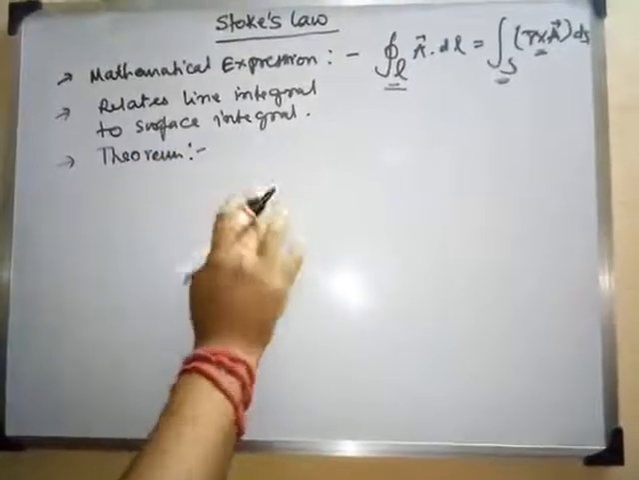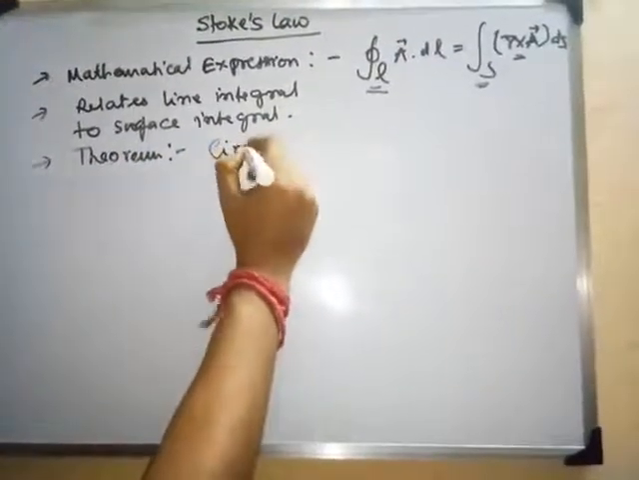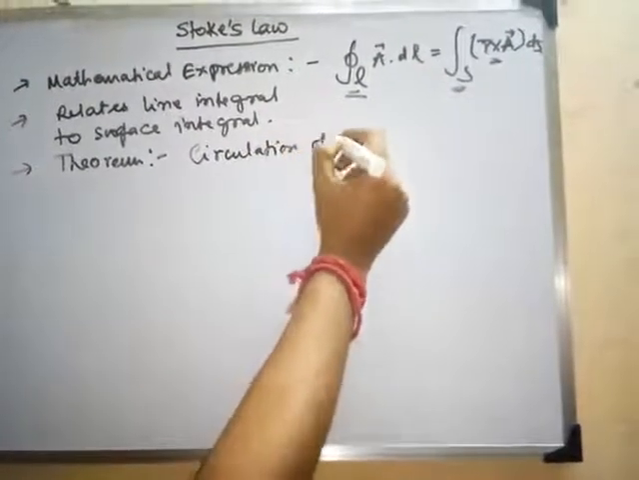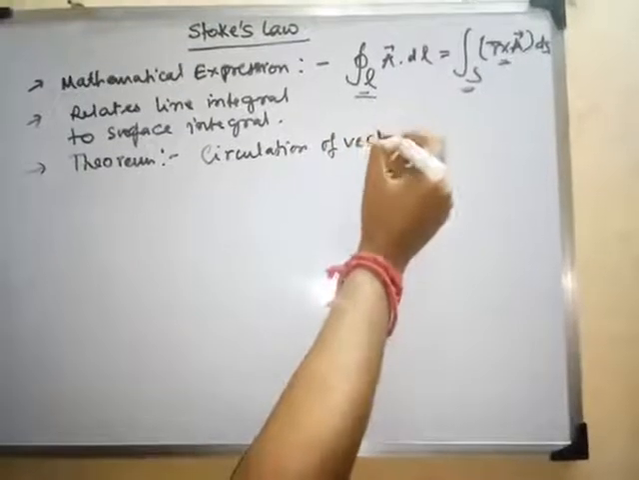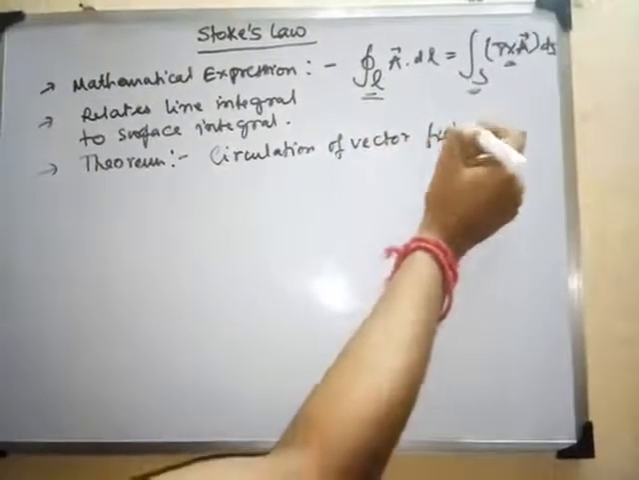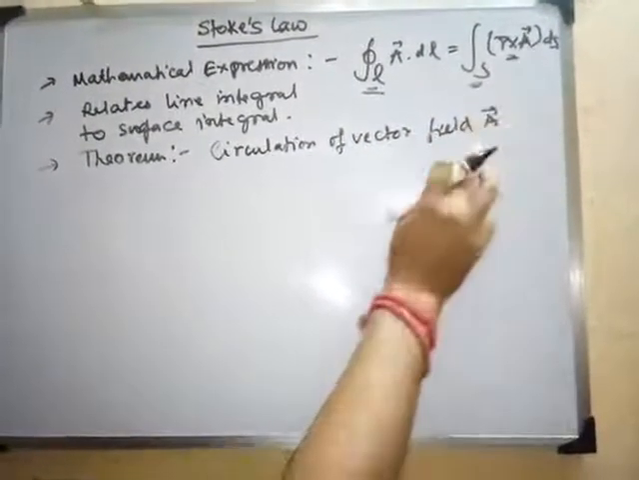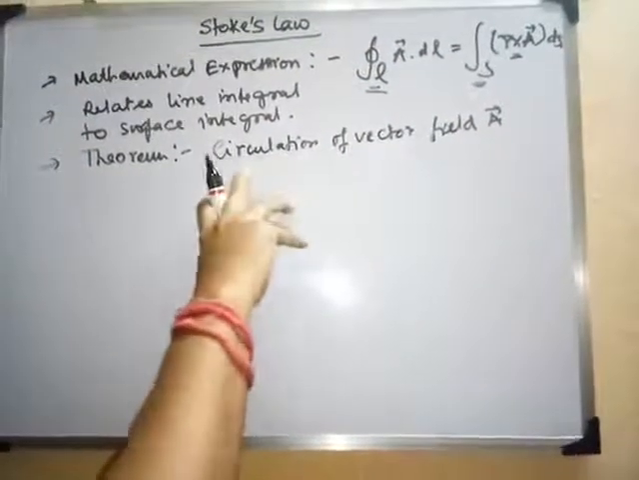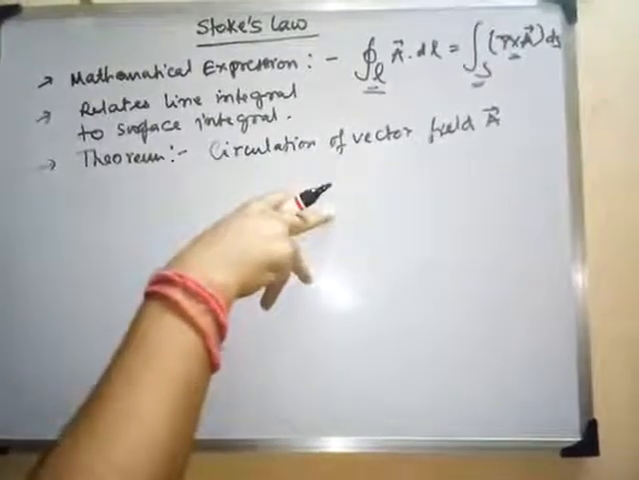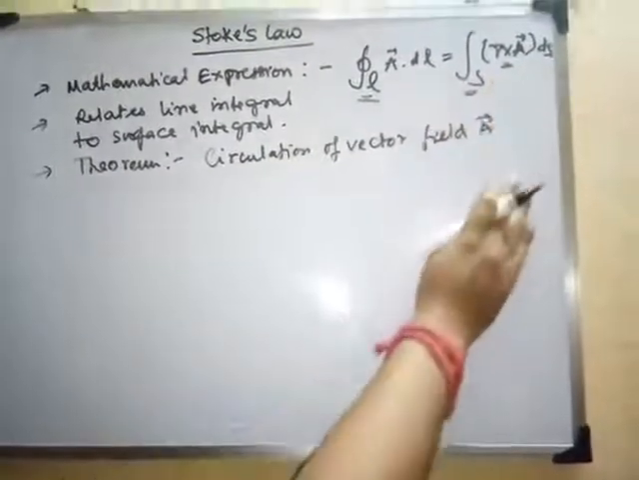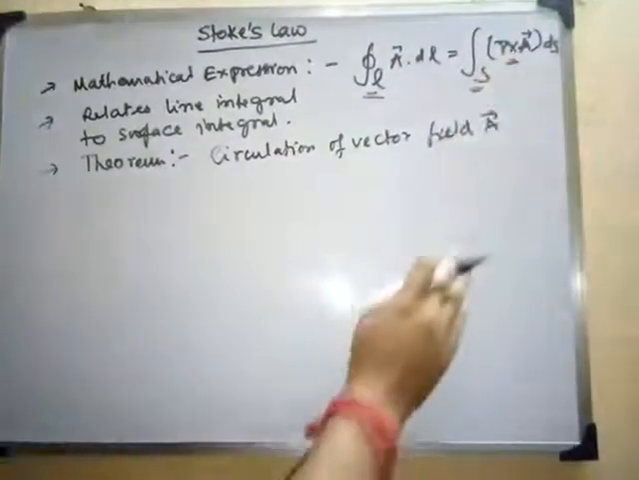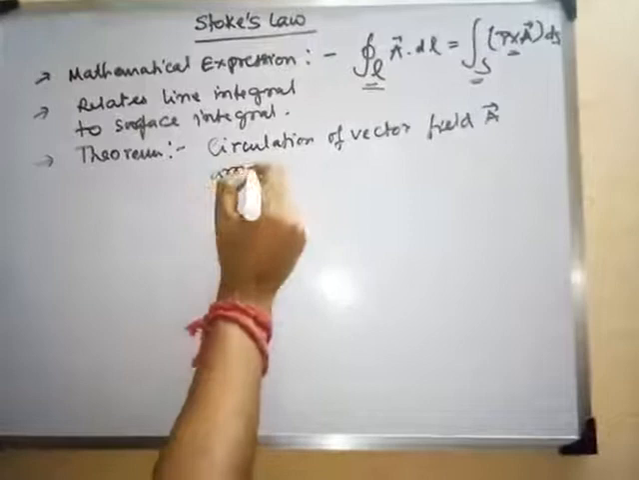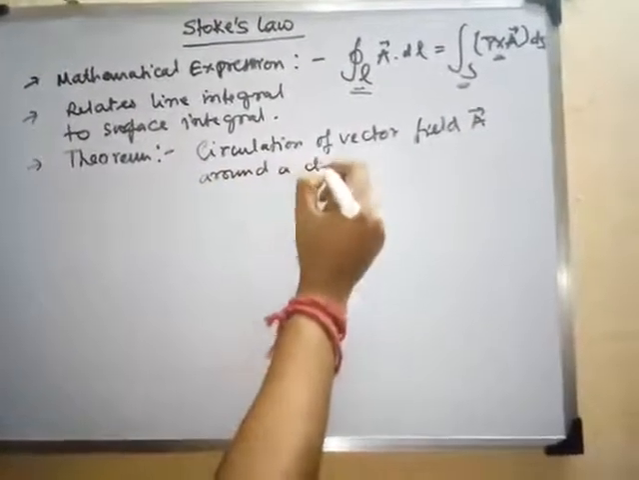So the theorem states that the circulation of any vector field, a vector. As you can see, this word circulation is a term where the rotation, it is actually the rotation of that vector. So that is the reason why we are using this cross product, or actually the curl. So circulation of vector A around a closed